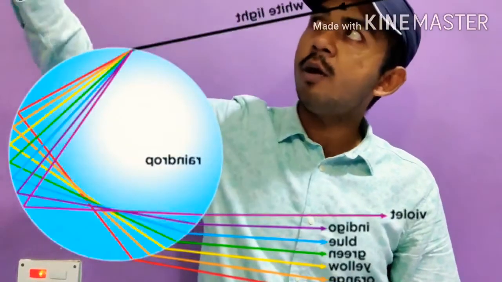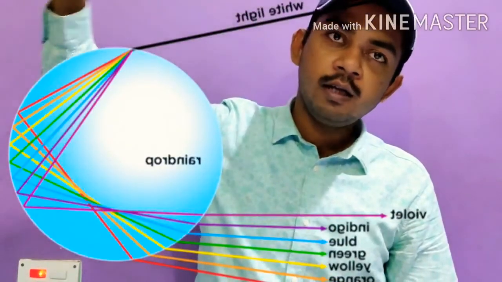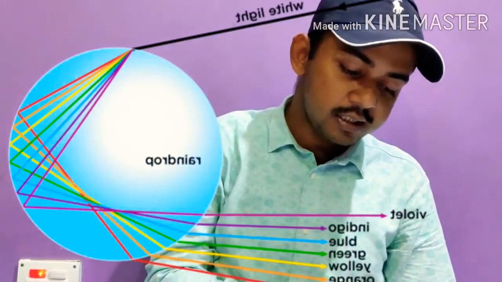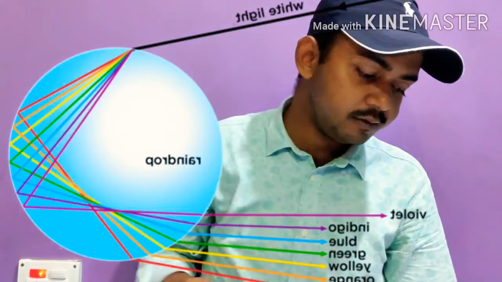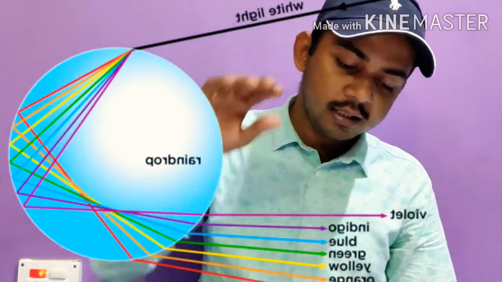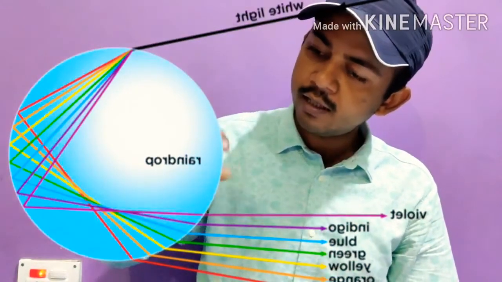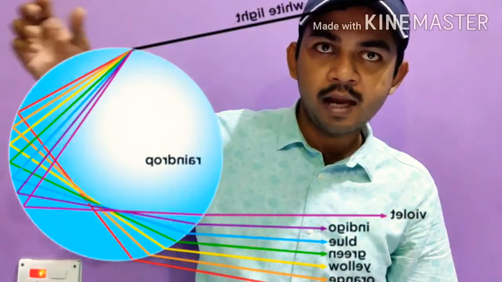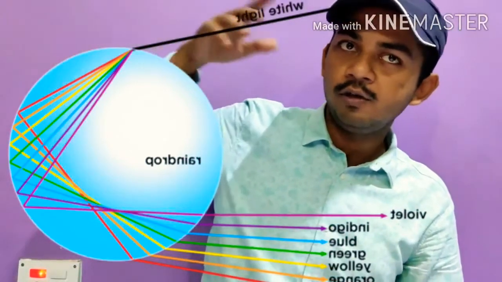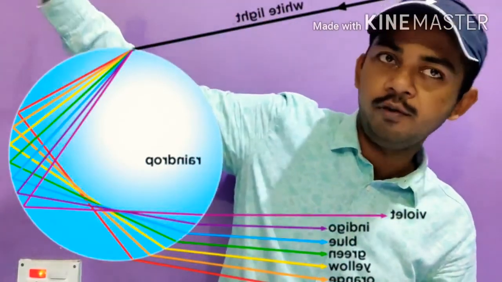And a rainbow is always formed opposite to the direction of the sun. What happens is light is coming from the sun, and water droplets are still present in the atmosphere. Just like you can see in this image in your book, page number 58, the light gets inside that droplet, is reflected and disperses into 7 colors, and then comes back towards us, so that we can see a rainbow in front of us.